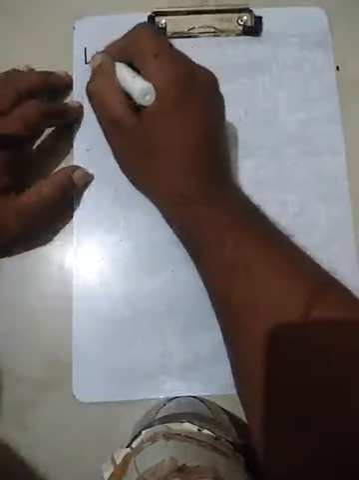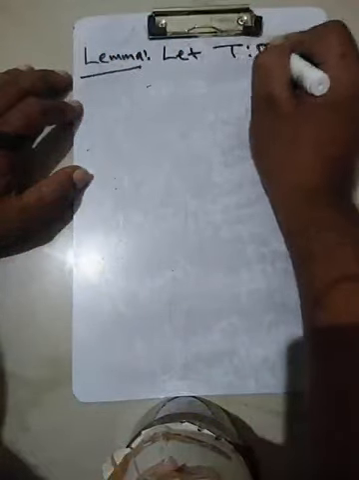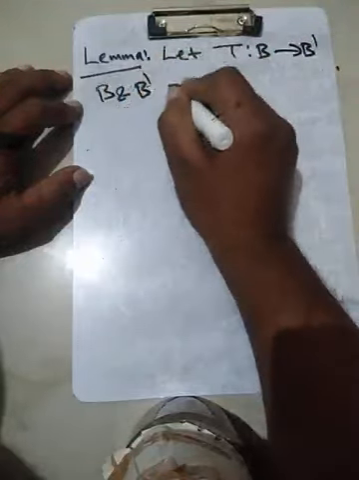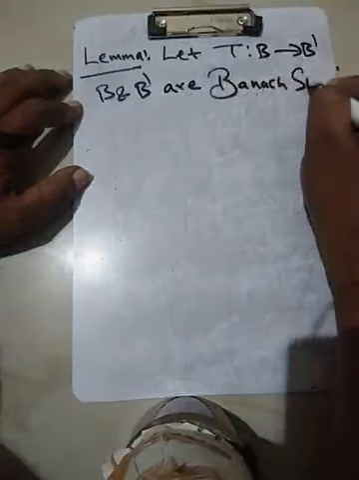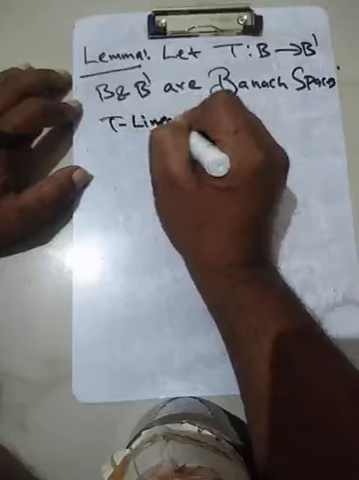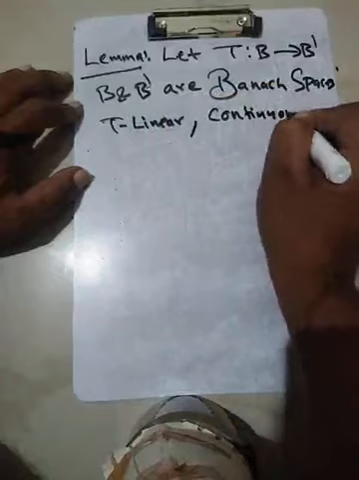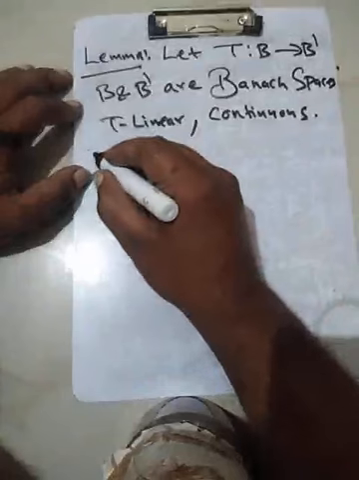So before that, we prove it in parts. First, a lemma, which is required to prove this thing. Let T be a map from B to B'. B and B' are Banach spaces. T is given to be linear. T is also given to be continuous. Then the claim is that